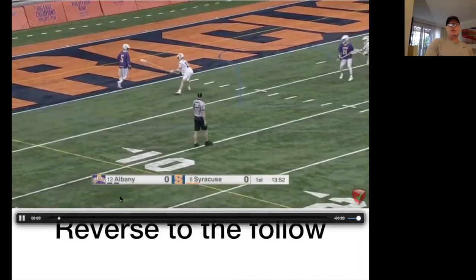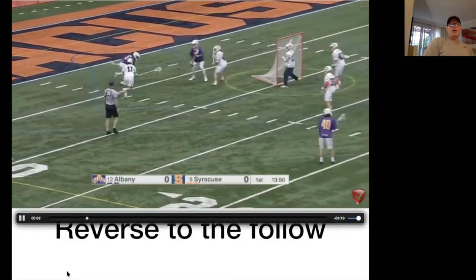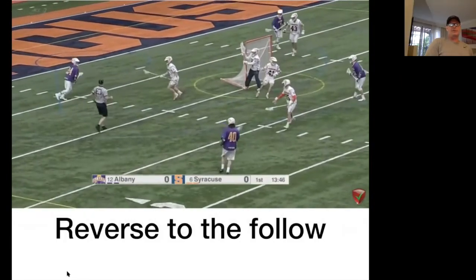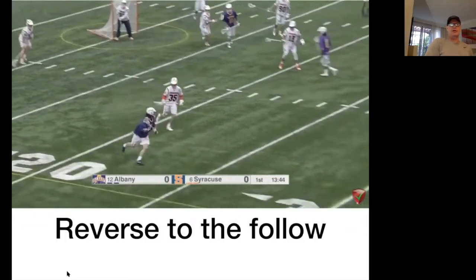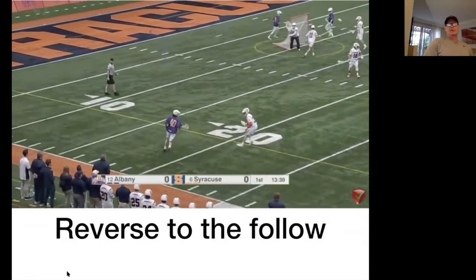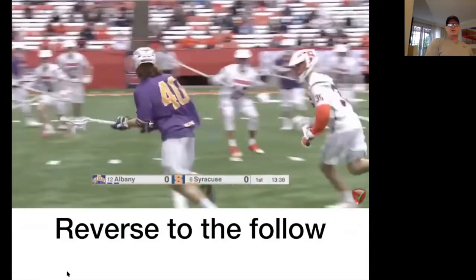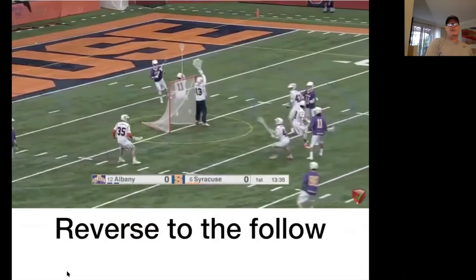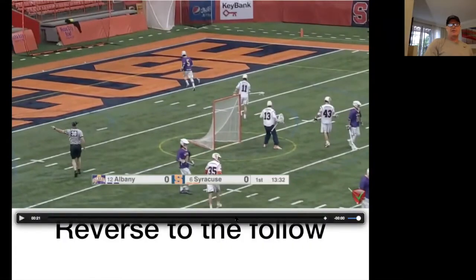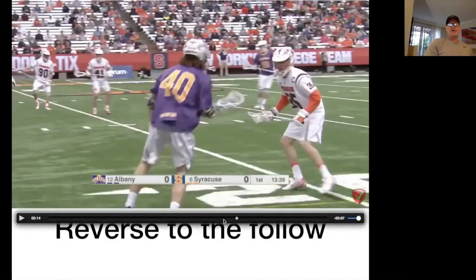And here's another example of it where they're playing out of a little bit of a two-man game with Fields and whoever that is there. I'm not sure who that guy is. And then they dodge from a little bit of a higher wing, not quite a goal line dodge, but you're going to see the same kind of move and the same look from Fields right back to that follow. And I'm telling you guys, that follow look